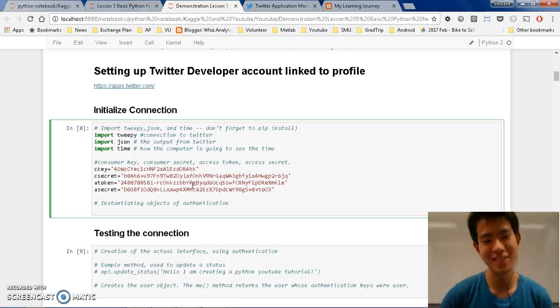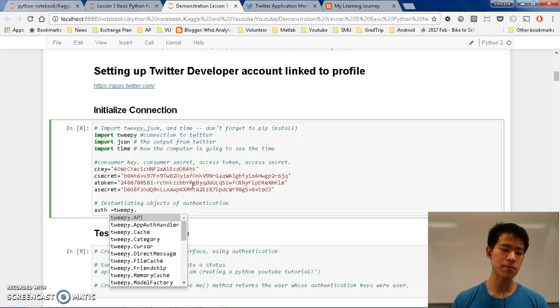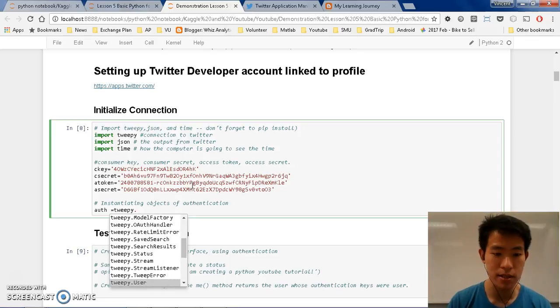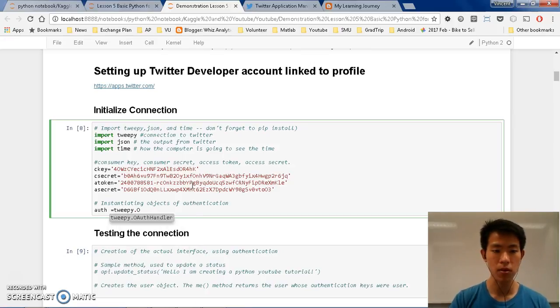Well, we need that. But anyway, now that we have all this data, we need to instantiate the object. So what we do here is that we need to create auth, authentication, equals to tweepy, and let me see, just click on tab to see what's available, and if I'm not wrong, it should be API, tweepy, or maybe OAuth handler.